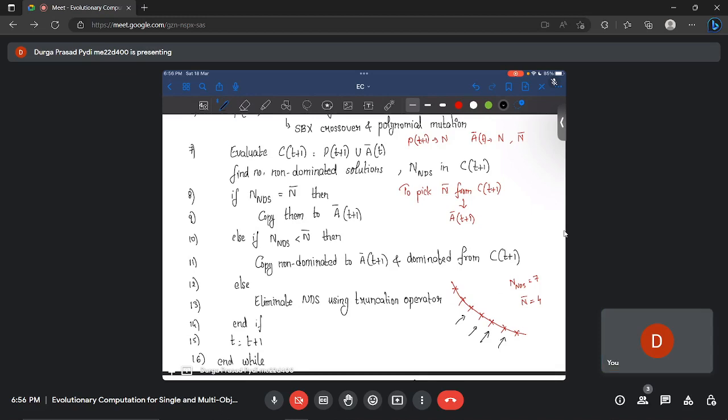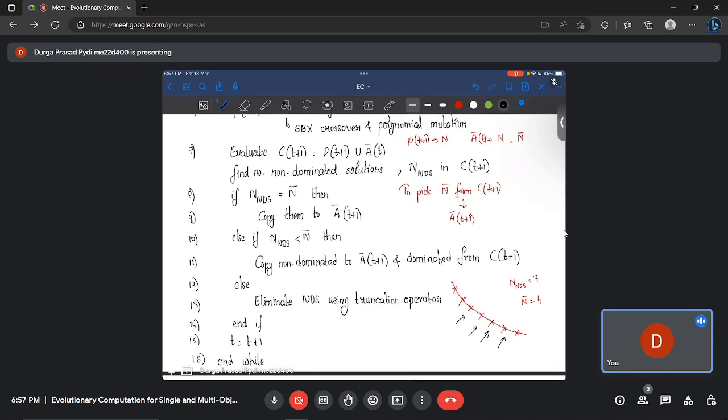Archival size is 4. Yeah, n bar is 4. Non-dominated solutions are 7. If you can see, all the 7 points are your solutions, but you need to select 4 out of them. Out of 7 NDS, you have to select 4. Okay, sir. So if you see the arrows, if I select those 4 individuals,